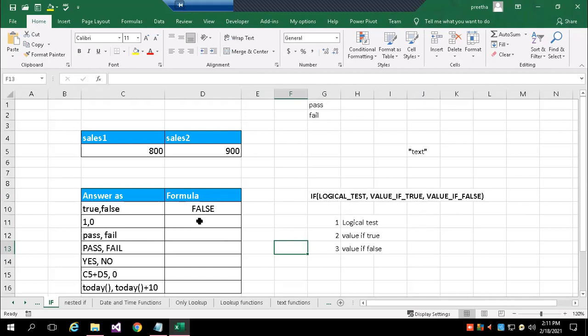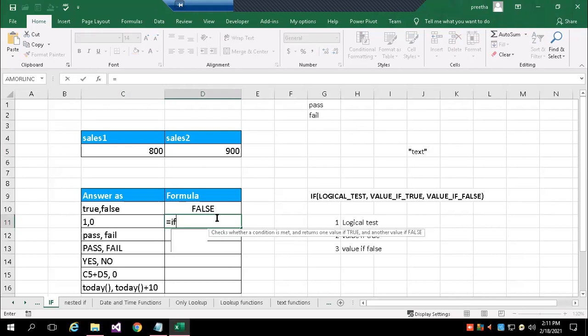Now my intention is to compare these two cells. If the condition is satisfied, I want to write 1. If the condition is not satisfied, I want to write 0. So you can see the example: equals IF, the logical test is C5 greater than D5.